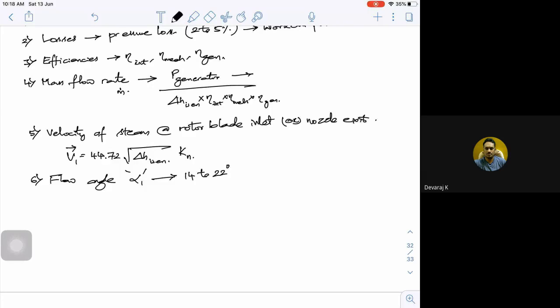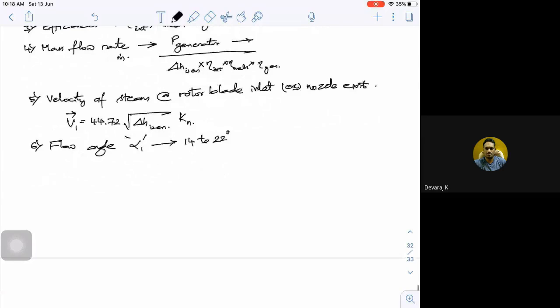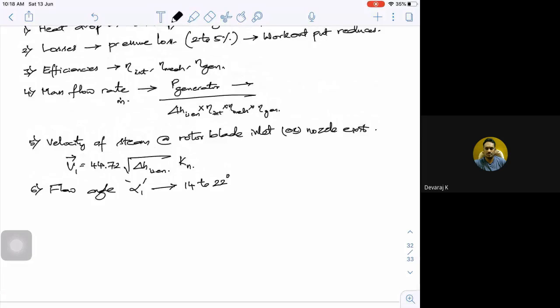Now once you have this, anyhow, you have your blade efficiency, and you can calculate the internal efficiency. This internal efficiency depends upon your vane or blade efficiency minus certain losses, such as the losses between the blades, divided by V1 squared by 2. If I do that, I'll be able to get the internal efficiency. So all are interrelated, and we try to go with some number, and it's an iterative process.